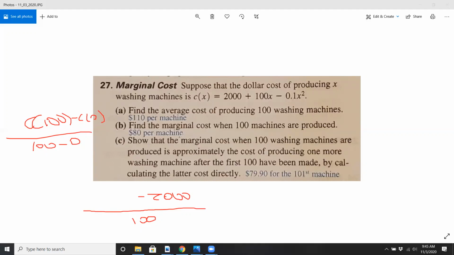But if you're producing 100 machines, apparently it costs you some money. Plus 100 times 100 minus 0.1 times 100 squared. So that's 11,000. That's the cost if you produce 100 machines. So if you take the slope there, you should be getting